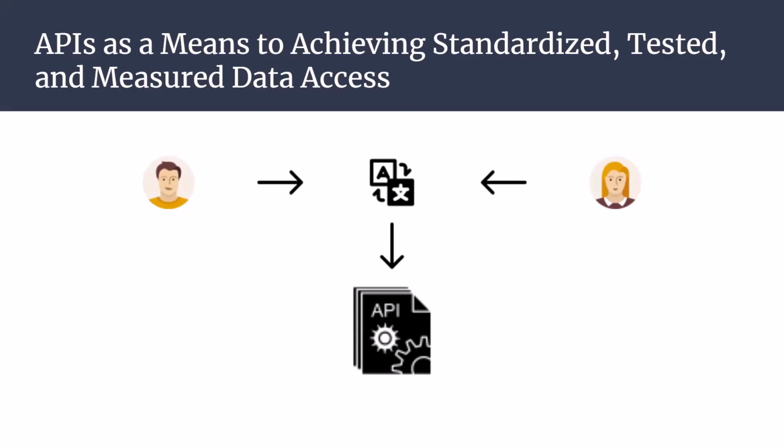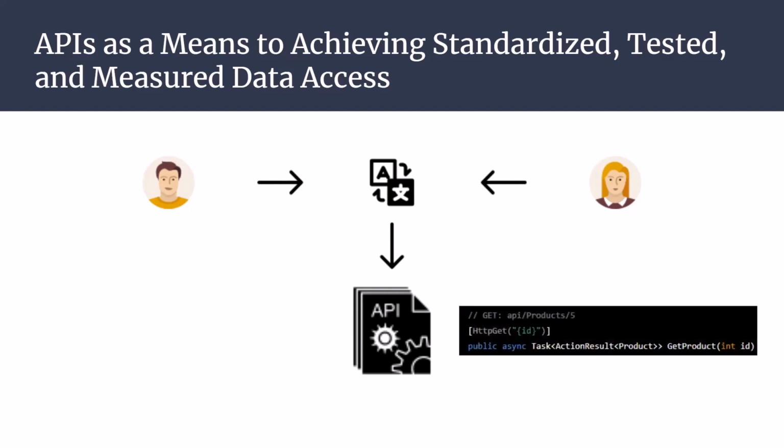The first component is the application endpoint implementation. Application endpoints are the entry points into our actual business logic. For example, we might have a web service which exposes an endpoint for a method returning a product given a product ID. The endpoint might look something like this. Each application endpoint has a well-defined input structure and a well-defined return value. These are sometimes referred to as request and response objects.